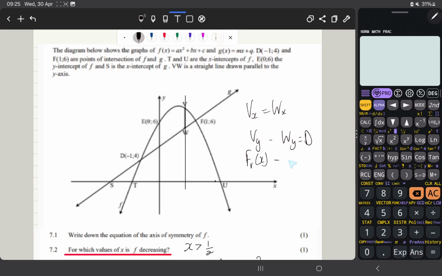Then minus g, which is W there, so W of x. That is going to give you the distance between those two,